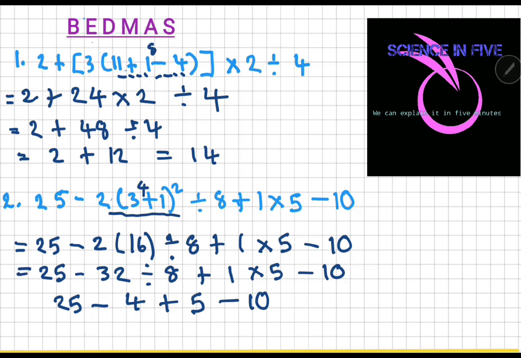In the case of addition and subtraction, whatever comes first is what I do. 25 minus 4 is 21. 21 plus 5 is 26. 26 minus 10 is 16. At this point,